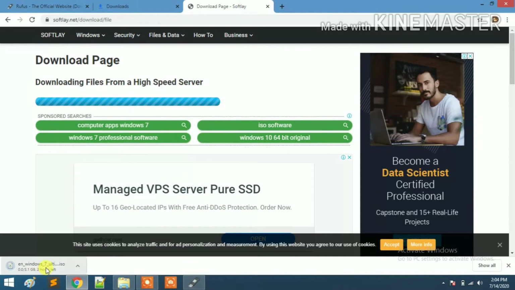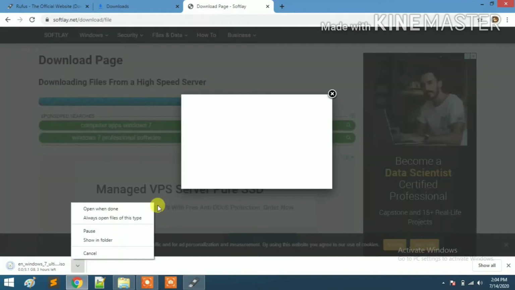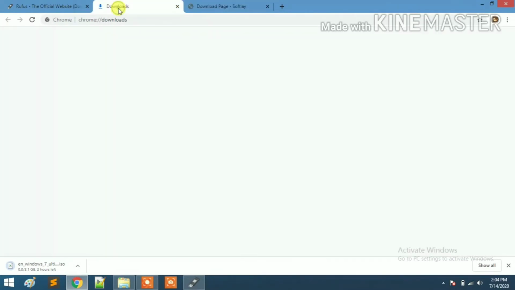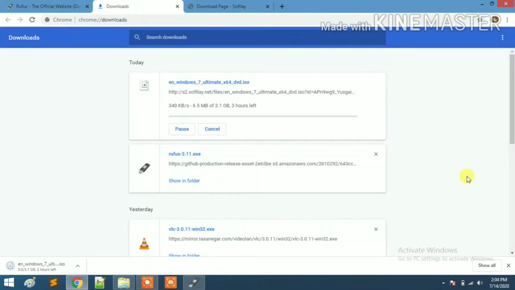Right here you can see that our ISO file has started downloading. This process takes some time, so after completion we meet here.